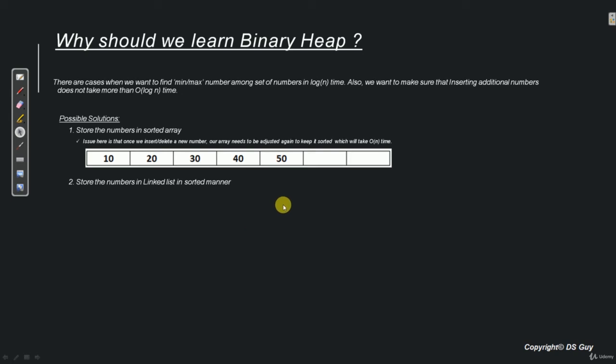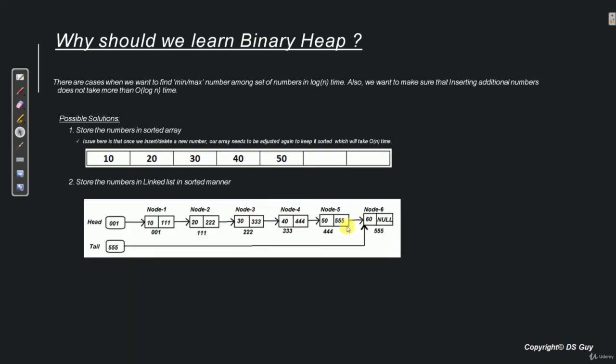So if we store the numbers in a linked list in a sorted manner, this is how the linked list will look like. But again, we have the same problem as an array. That is, if we want to insert any more number in this list, we again have to start from the first node, keep going towards last until we reach the right node where we need to insert the number.